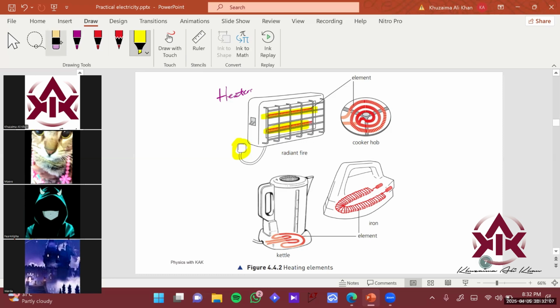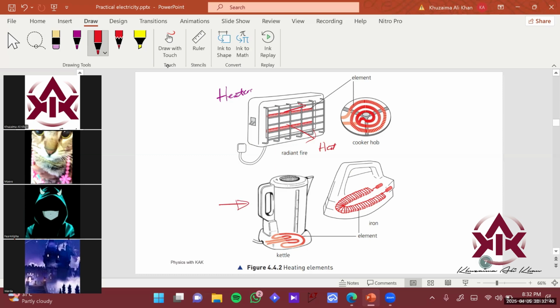And when it turns red, it means that the resistance of the wire is so much that it is resisting the flow of current, okay, which increases the temperature of the wire, because it is resisting the flow of current, and it produces what? Heat energy over here. Similarly, if you have a cooker, or electric stove, you also have a wire on the base and a sheet of metal plate on the top, and you can cook your egg or food,